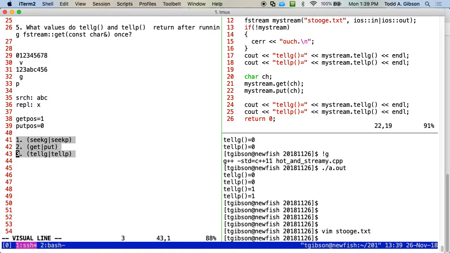Now I do 1, 2, and 3 for the put. Seek p, that's at 0. That's going to move this back. We do the put. That puts the 1 out and moves that there. Then we do a tell p, and that's going to increase this variable. And so that allows us a separation. As these get separated, at some point we end up with this kind of thing here. Then these variables end up being something like 6 and 3.